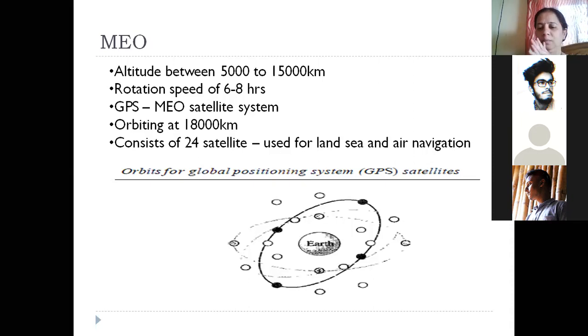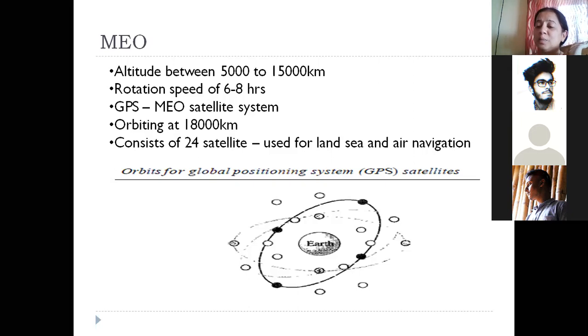It's what we call a constellation. Constellation in the sense a group of satellites. So we have about 24 satellites which are used above the Earth, and they are used for land, sea, and air navigation. Google Maps is nothing but it will allow you to navigate. It will show you the direction. It will try to show you how much time is required to go from a particular place to some other place. So navigation means it will show you the map or the direction, for land navigation, or sea navigation, or even air navigation.